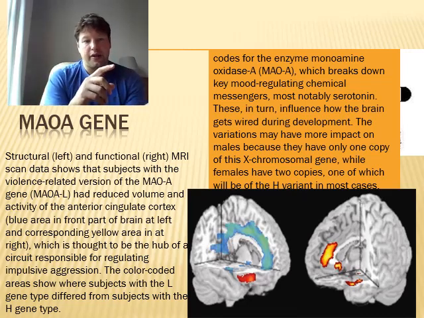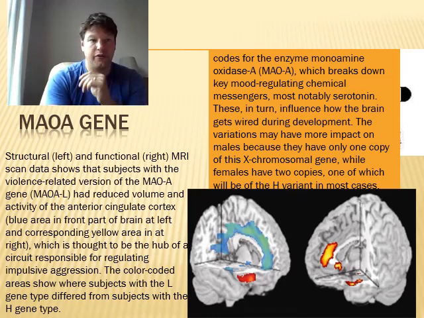So there is way too much writing here. So what you need to get is MRIs have shown a difference in activity in the cortex, and that is linked to serotonin. And we know that serotonin has an effect on our mood and the way in which we behave. Sorry for all the writing.